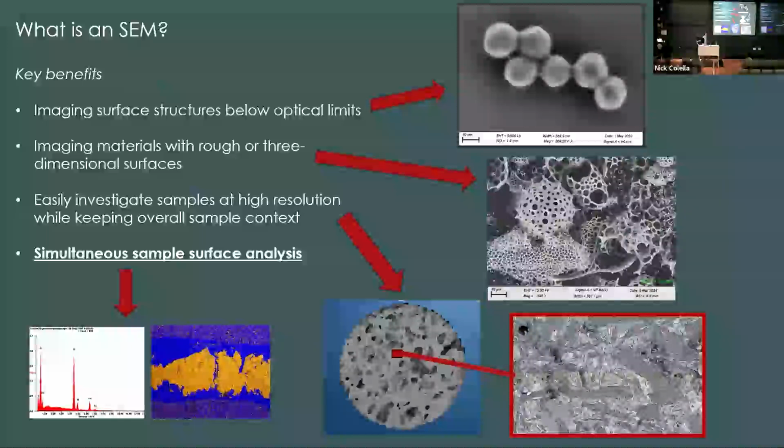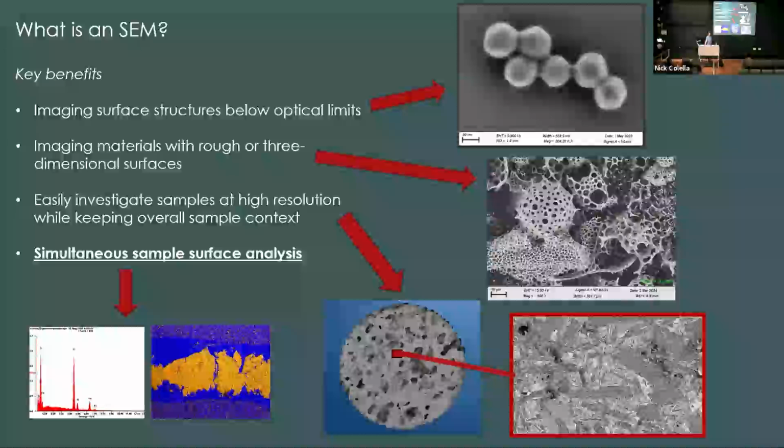Some of the prime benefits of working with SEM are that we can exceed the resolution that we can get in optical microscopy. Best imaging resolution is down close to the 1 nanometer scale, depending on the instrumentation and the limitations of the sample. SEM is also going to exceed light microscopy when it comes to working with rough samples or samples that have a lot of surface topography, three-dimensional texture, because we have a better focal depth than we do with light microscopy.